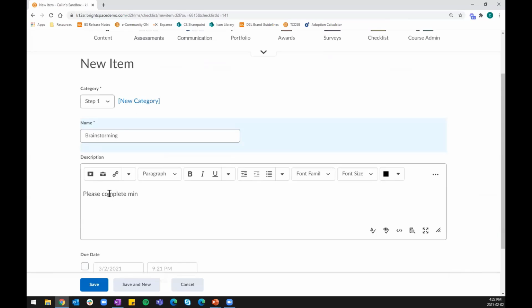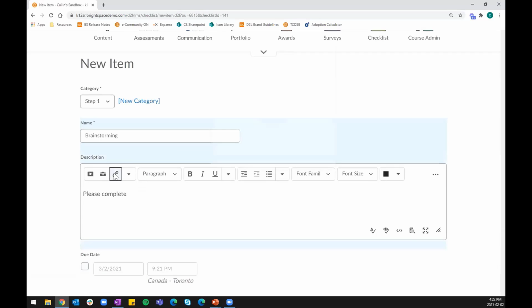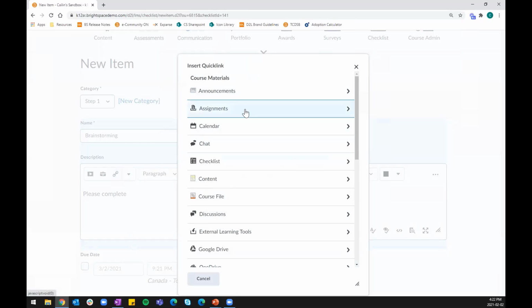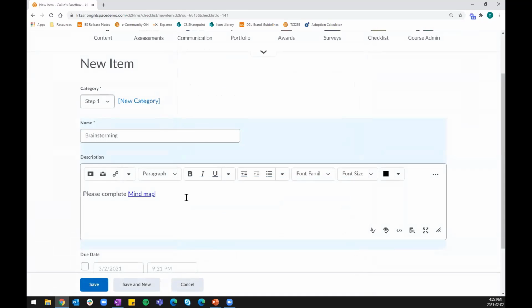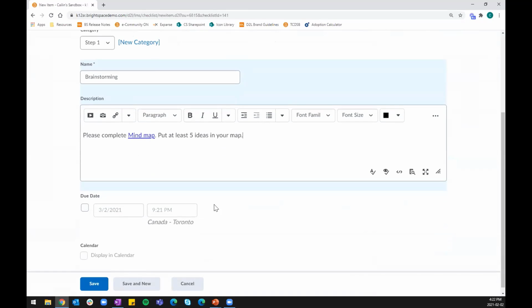complete. And I'm not going to type mind map. I'm actually going to attach an assignment that I have created in Brightspace already. So please complete the assignment mind map. Put at least 5 ideas in your map. And if you scroll down,